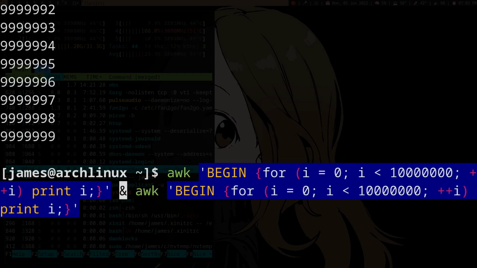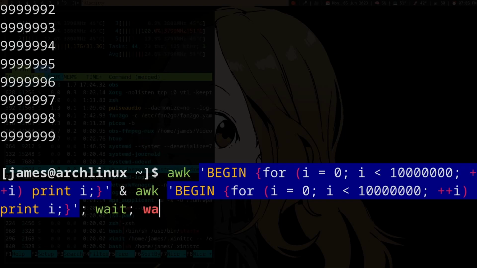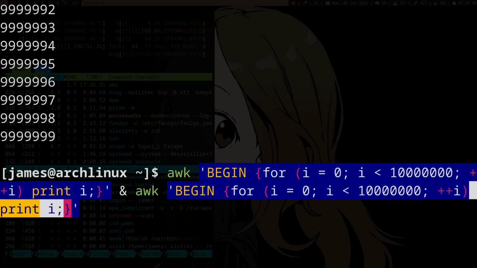And so you probably want to limit the amount of things you run at once. If you have 6 cores, for example, you probably only want 6 processes running at the same time. And for that, you can use wait or wait with a PID, but I'm not going to get into that. But you can use them to wait for certain processes to exit,